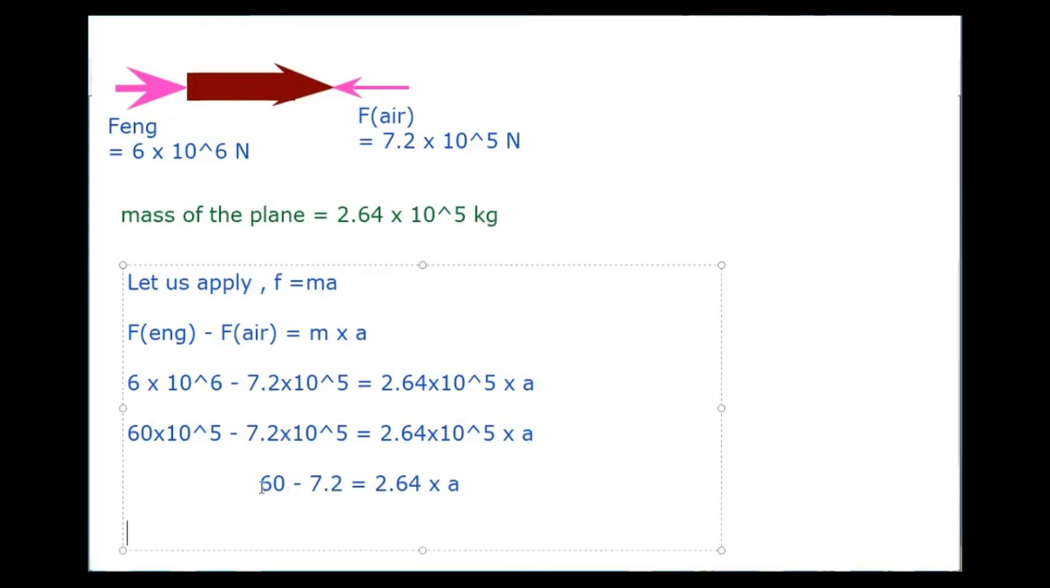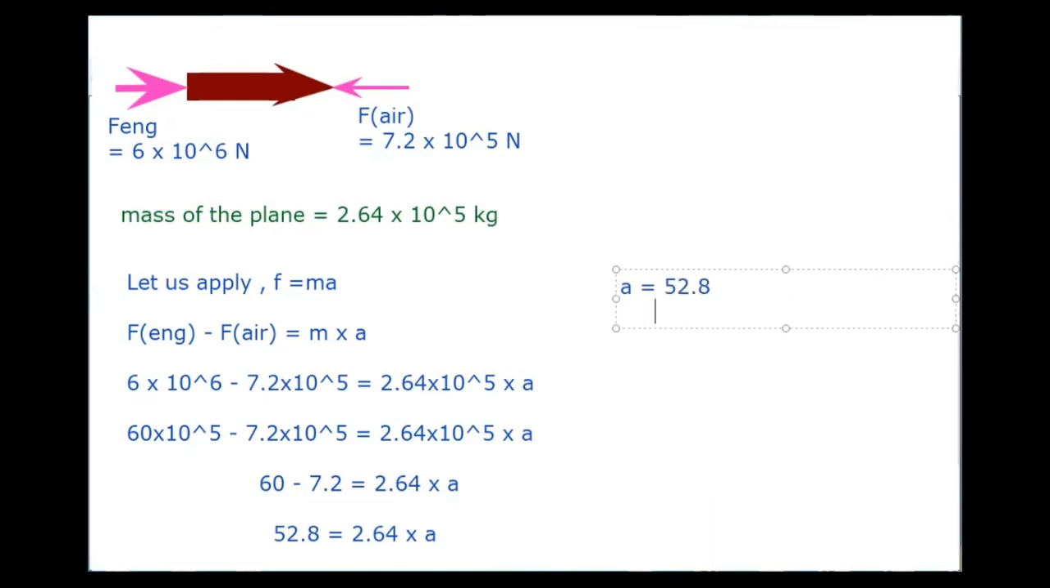60 minus 7.2 is 52.8. So this is 52.8. On the other side I have 2.64 into a. If I take 2.64 to the other side, a can be the subject. So then simply, a is equal to